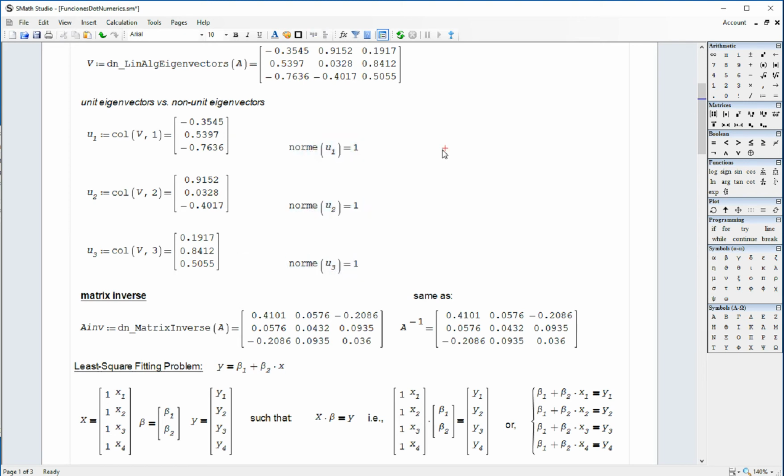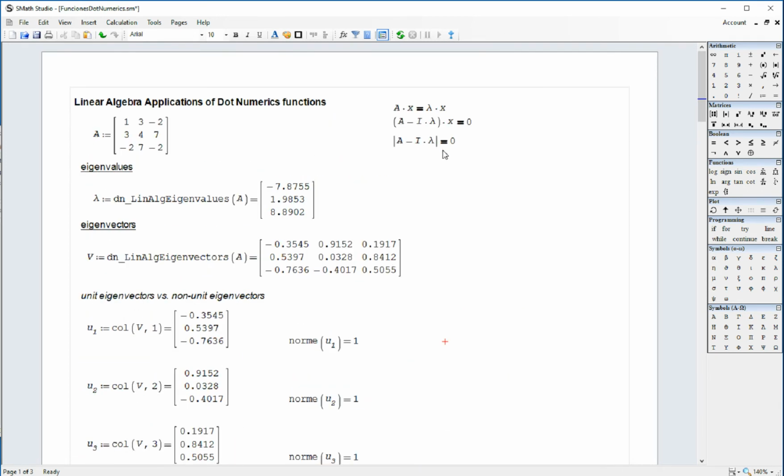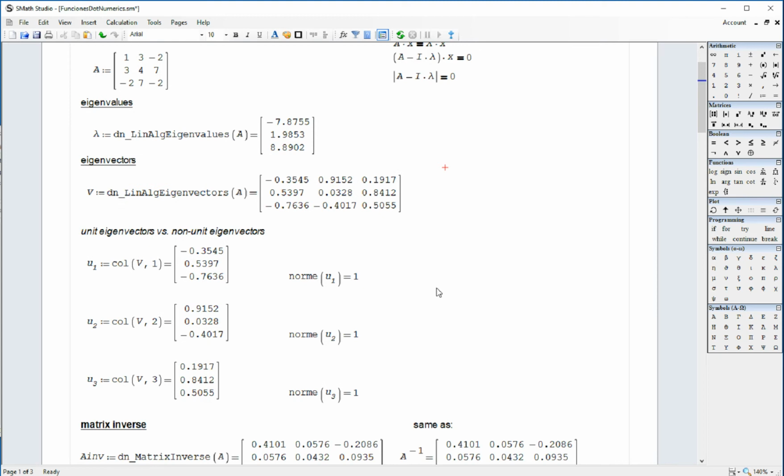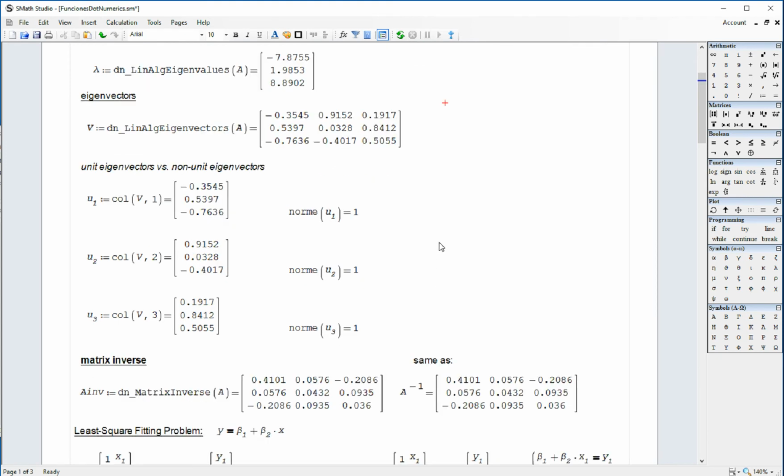These are unit eigenvectors. And they have the property that if the matrix is symmetric, like in this case, then the eigenvalues are real numbers. This is the case, for example, for finding the principal stresses in a stress situation in solids or fluids. And in that case, the eigenvectors are orthogonal to each other. So for example, if I do U1 times U2,